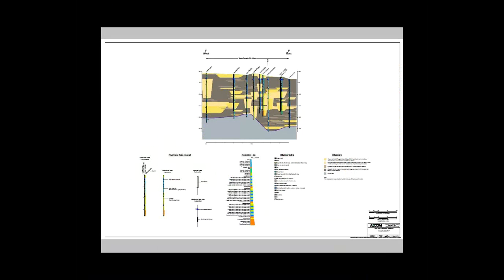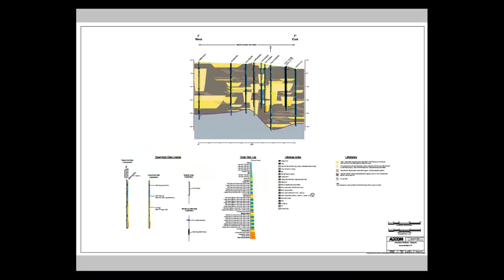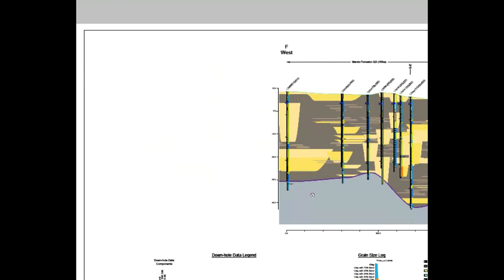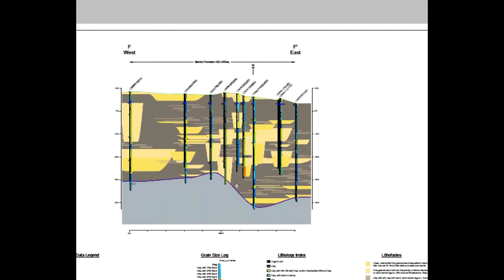And this is possibly one of the most complex ones of the whole thing. This is just very back barrier mud cut by these little tidal channels, a little scouring into the Cooper. If you had a contaminant site here and you wanted to remediate, this would be kind of complex. Rarely do we get enough geology and borehole data to actually map all these things. So there's a lot of interpretation here, but this is probably about what it looks like.